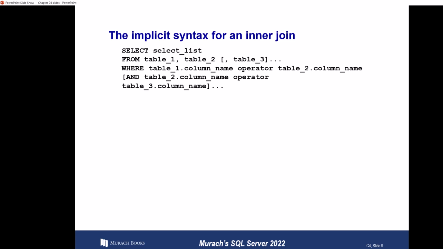But in this case, this is going to be an implicit syntax for an inner join. This is pre-1992. This is not ANSI standard. Now, you'll have databases that you can use this in. You can use it in Oracle. You can use it in SQL Server, but it's not guaranteed to work in all databases. And when we get into left, right, and full outer joins, it has issues with this implicit syntax. We'll see what that looks like when we look at SQL Server and then also Oracle.